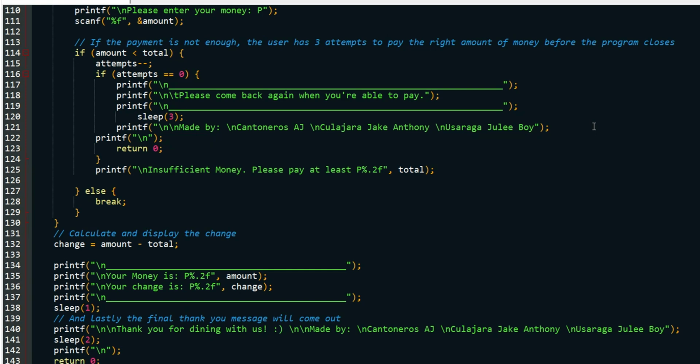If no items are ordered, the program will thank the user and exit. The program also handles invalid inputs for both the order code and the quantity to make sure everything is correct